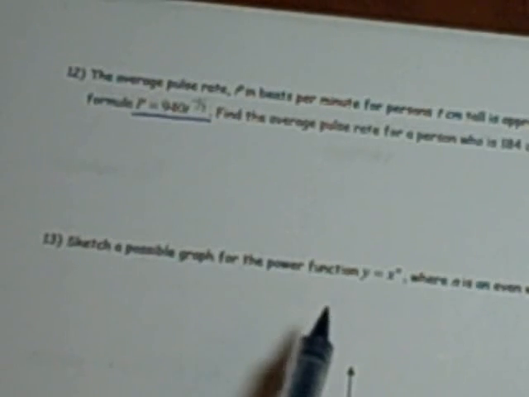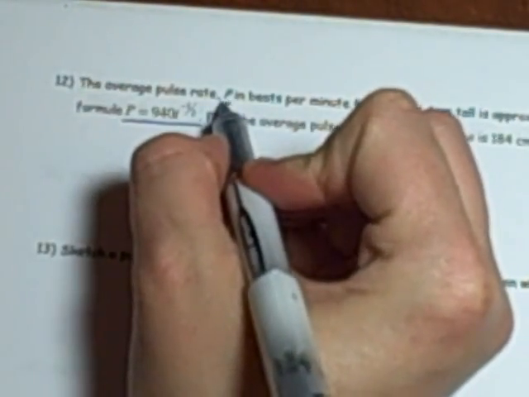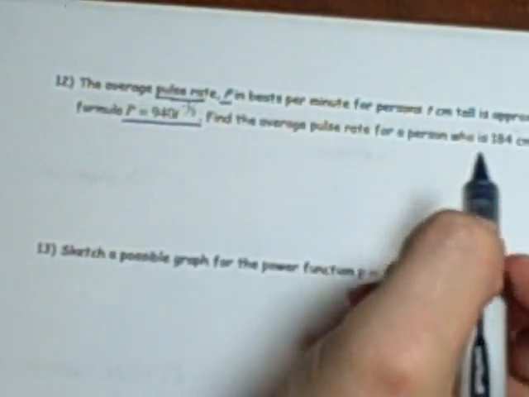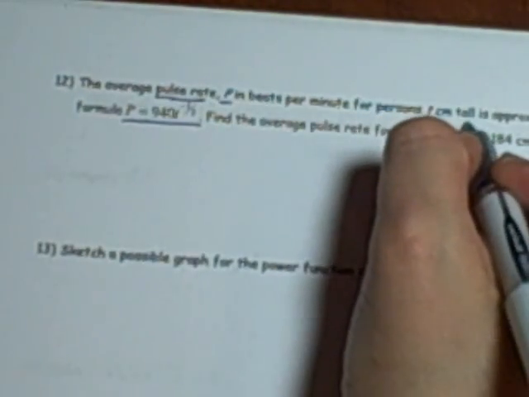Okay, number 12, before you run screaming because it's a word problem, is really just a formula problem. It gives you this formula right here: P equals 940t to the power of negative 1/2. And I've always told you that the most important thing to do when you have a formula problem is figure out what the letters stand for. So it tells me right here that P represents pulse rate and T represents centimeters tall, so it represents a